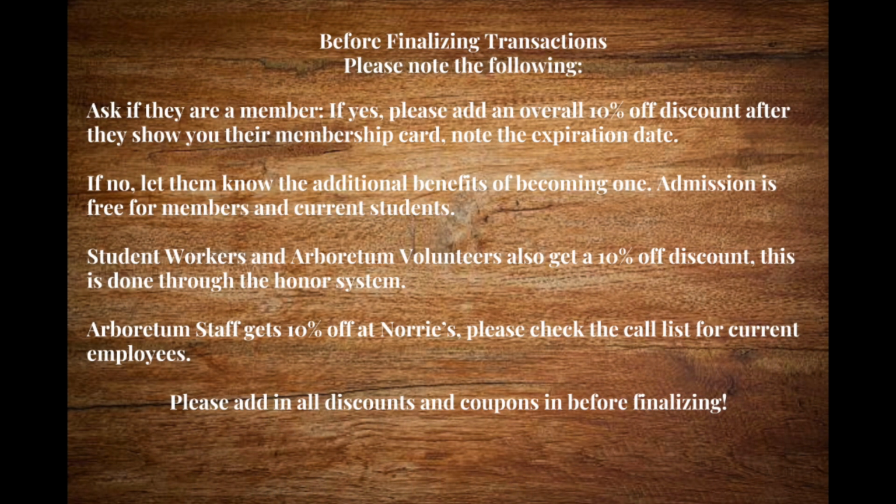If yes, they get a 10% discount. You could also tell them the benefits of becoming one if they're not. Student workers and Arboretum volunteers also get a 10% discount, as well as staff. And this is usually done through the honor system. You can check the staff list as well for current staff, and then please add all discounts and coupons before